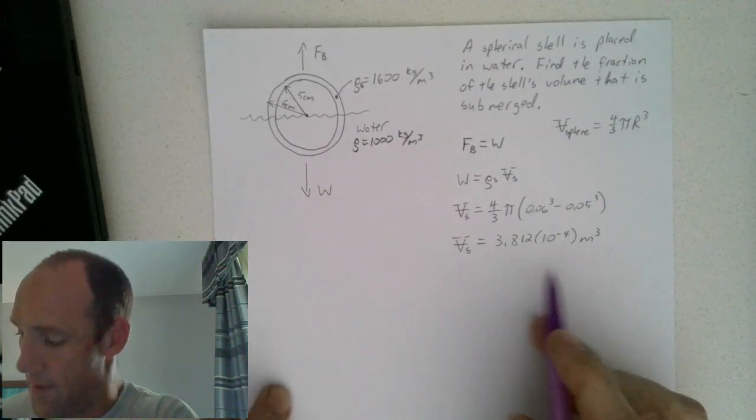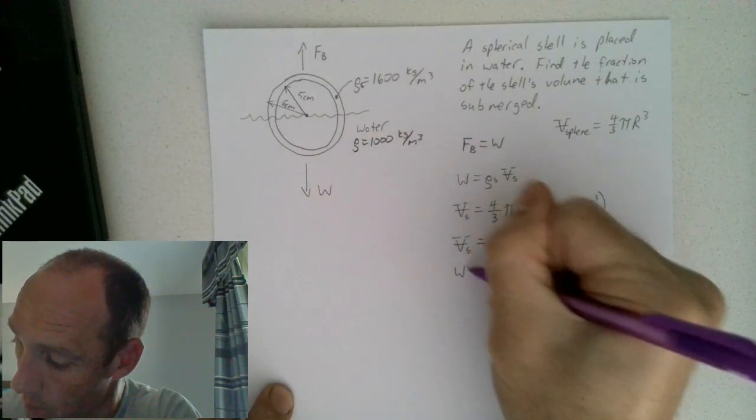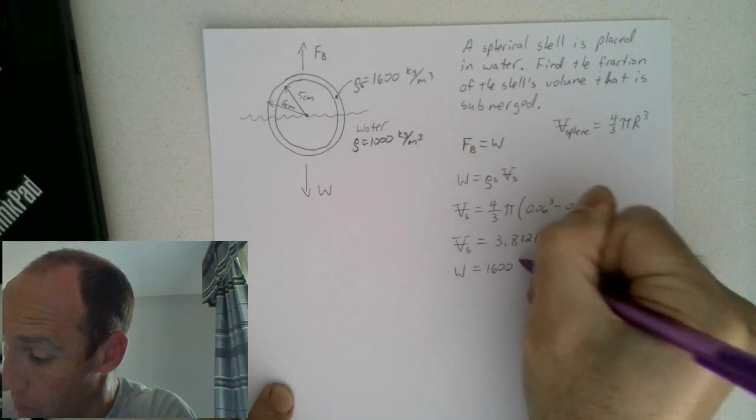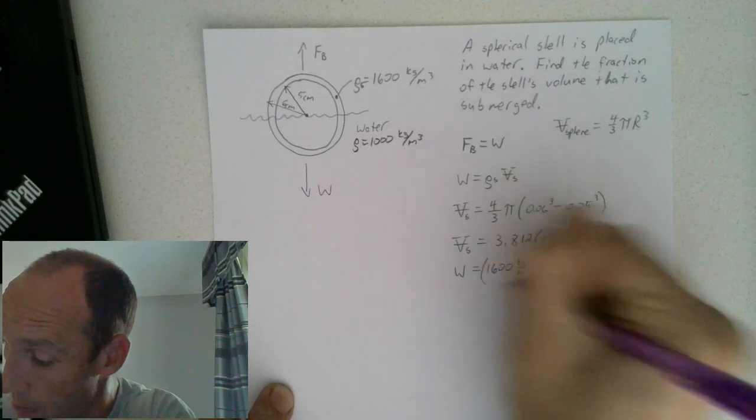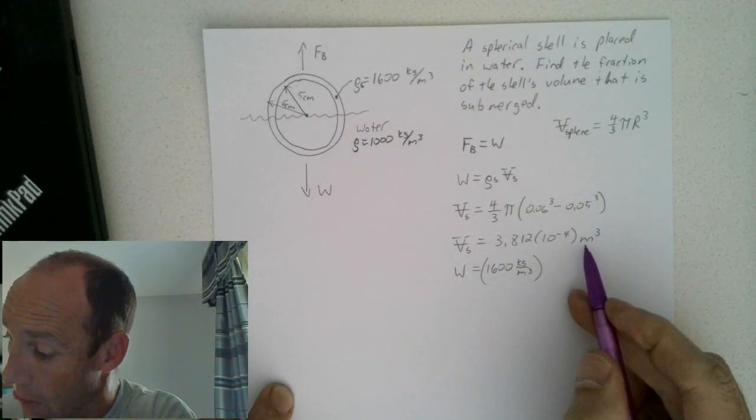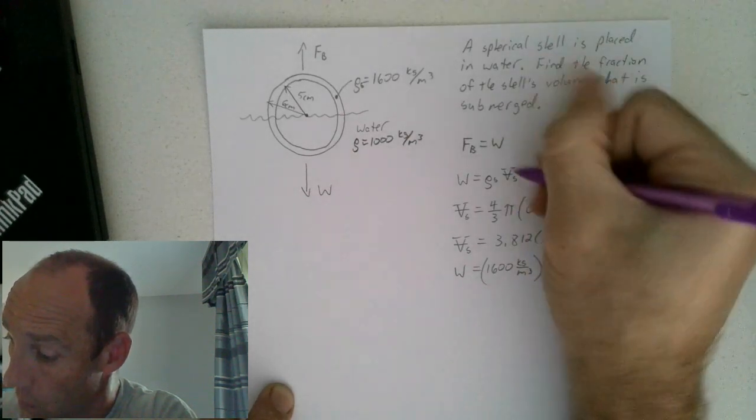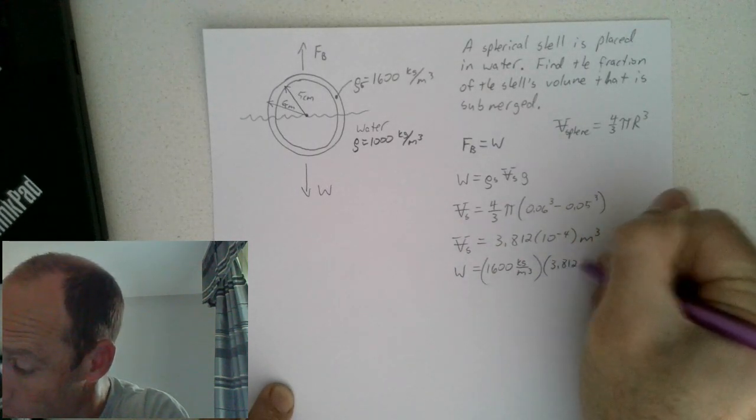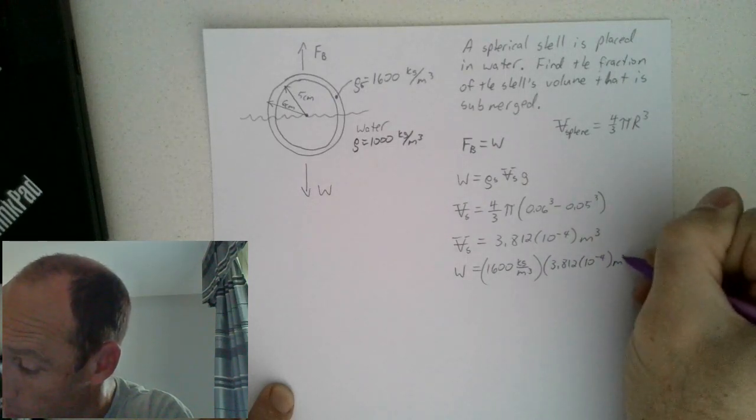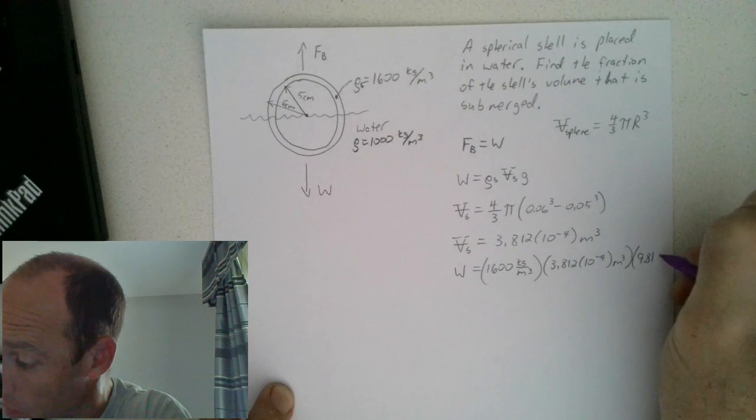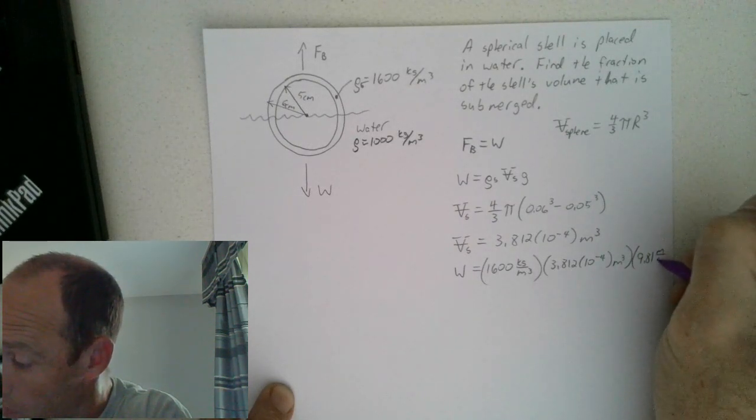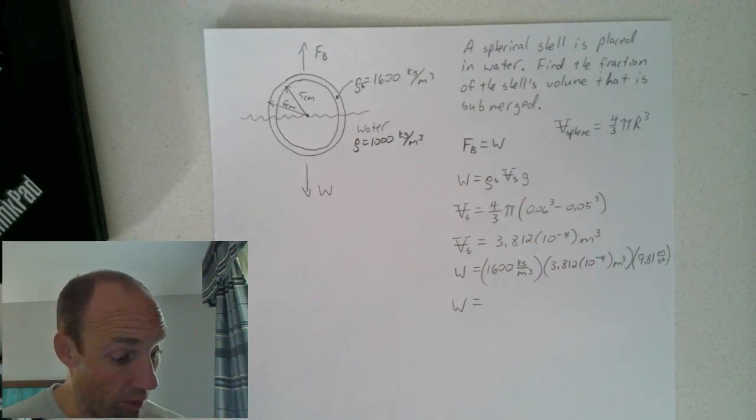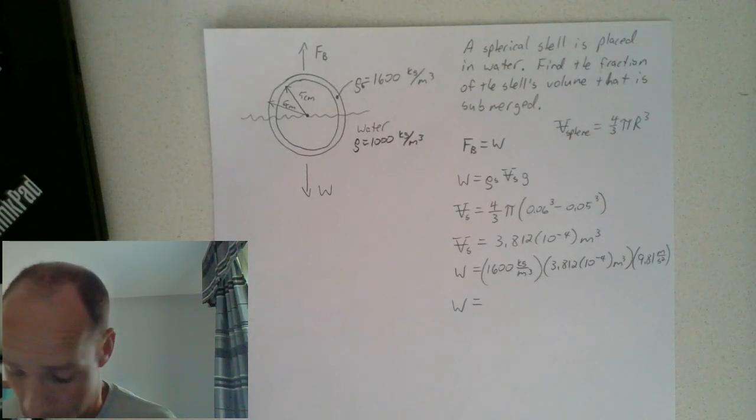some small value. Okay, so the weight is just equal to the density of the shell, 1600 kilograms per meter cubed, times the volume of the shell, times gravity, times the gravitational constant, that is. And so the weight comes out to be